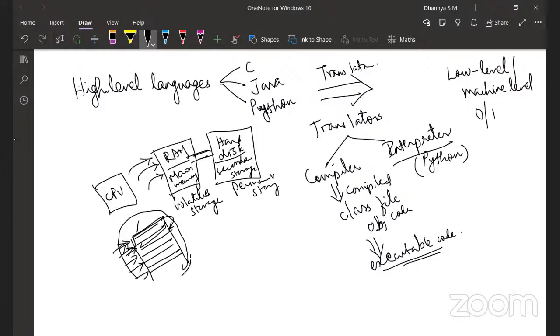Ma'am, what does the JRE do then, in that case? Like you said, JVM provides the environment, right? What exactly do you mean by JRE? It's the Java Runtime Environment, ma'am. Yeah, JRE. Okay. So, Anand, do you want to answer that? Anand knows better to answer that, I think.